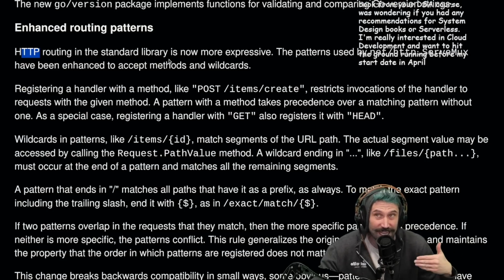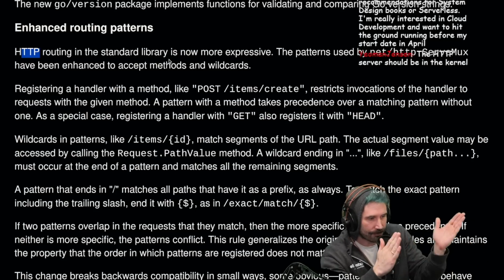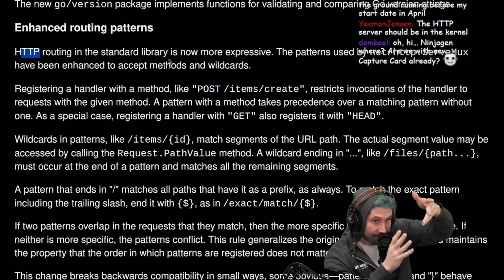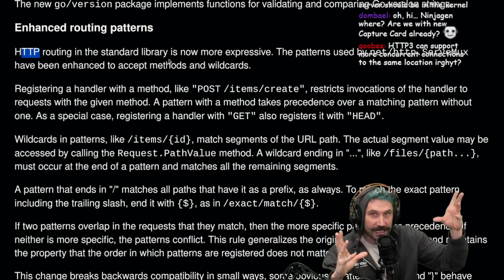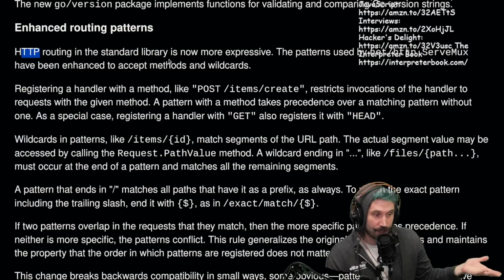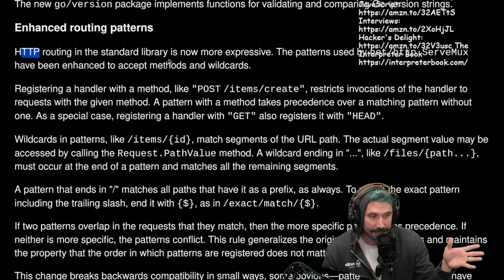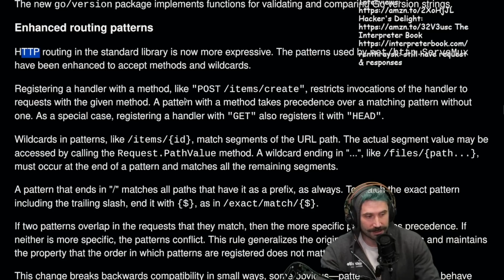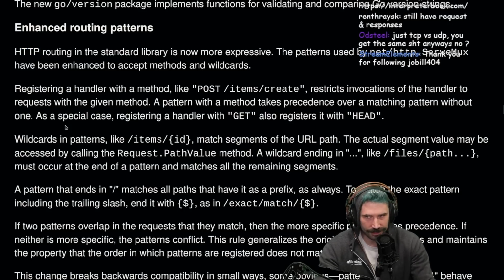QUIC didn't even really change HTTP. It just changed how you interact, right? You'd still have routes. You still have the path in your HTTP header. There are still headers, and you use QPACK for compression. You still have a path, you still have methods that you call. It's still the same thing, just faster. It's still request and response. It's just TCP versus UDP and all the complications that go with UDP.